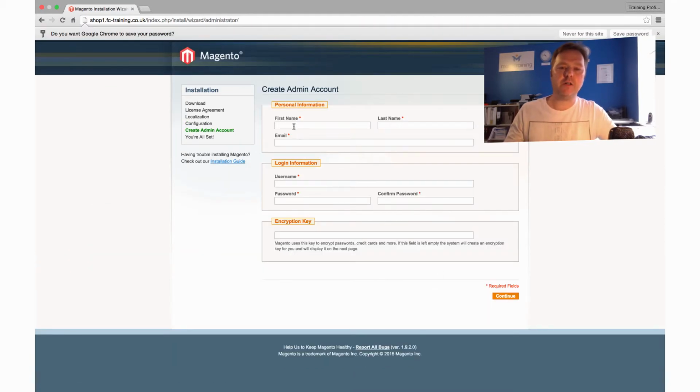Okay, so now our tables are created. The next thing we need to do is we need to create an admin login. And this login will be our default login. We can create other logins later, but we need at least one login so we can access our admin system. So I'm just going to call this admin user. Okay, and I'm going to give an email address of,